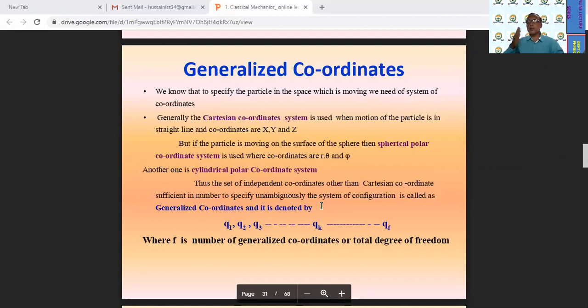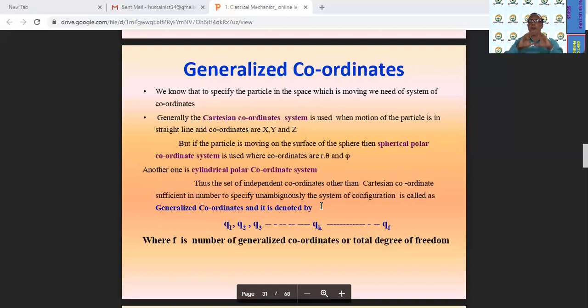In your 11th and 12th standard, you have already defined coordinates like (1,1,0), (0,1,1), (2,1,3). What do you indicate from that? When you write 1, 1, you understand that along the x-axis there is a value of one, along the y-axis there is a value of one, and you are plotting the graph. That system in which there are x, y, and z coordinates is called the Cartesian coordinate system. But the Cartesian coordinate system is applicable to which motion? When the particle is moving linearly. That means when the motion of the particle is linear, the Cartesian coordinate system can be applied. But we know motion is not always linear.